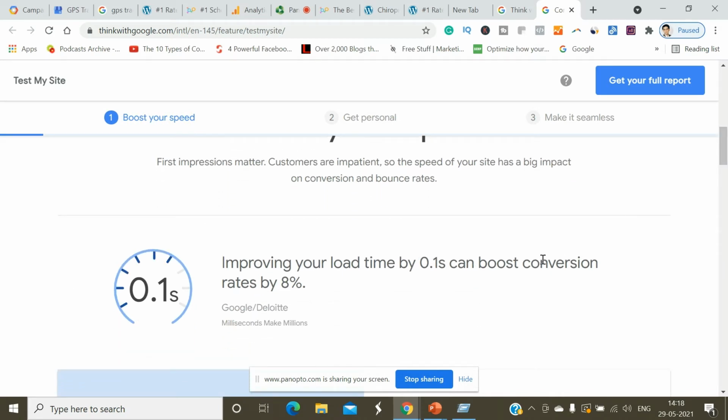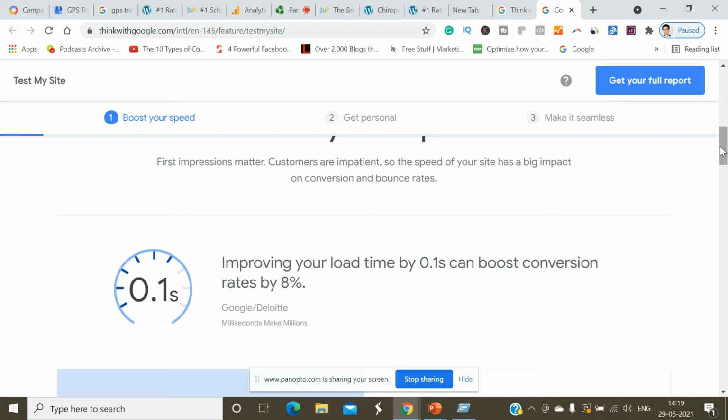For example, what I am trying to explain is if you improve your load time by 0.1 second, this can boost your conversion rate by 8%. So guys, this is important. Loading time improved by 0.1 second can improve your conversion rate by 8%. So this is how users need a very fast and speedy website.